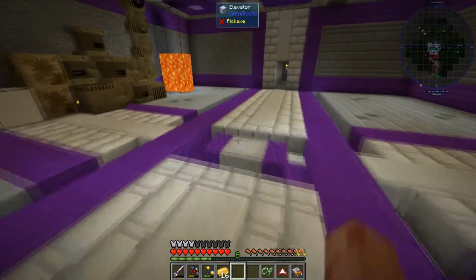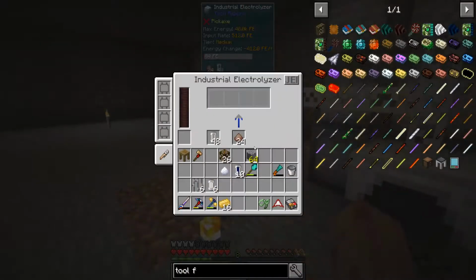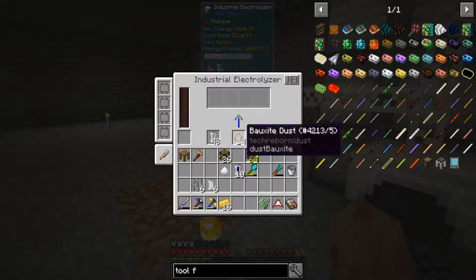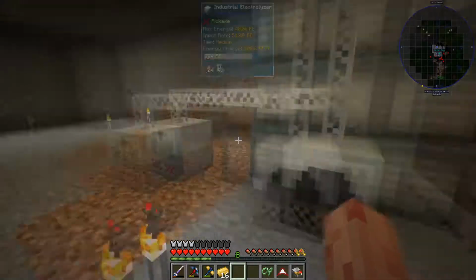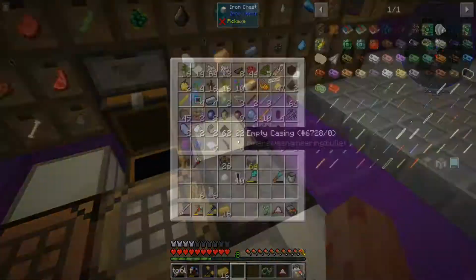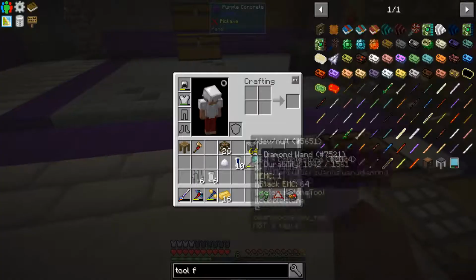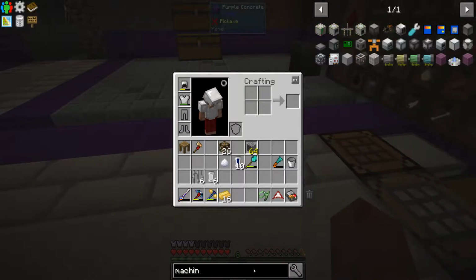Right, the machine frame. Machine frame, yes. The bauxite's in here. The rest of the bauxite I need to make the other titanium dust. I have two titanium already chilling in here. And then the iridium is here. Have everything we need for a single